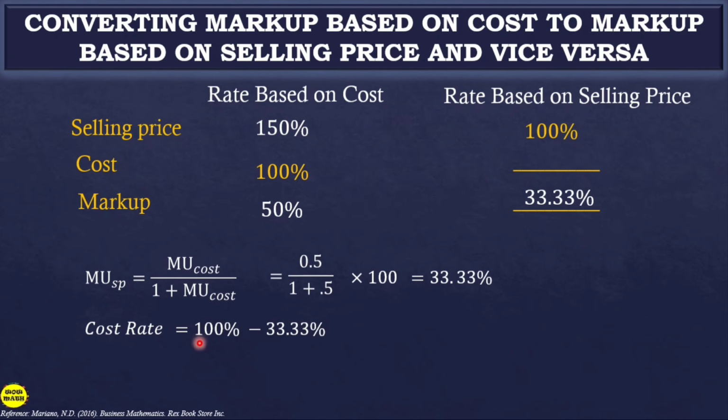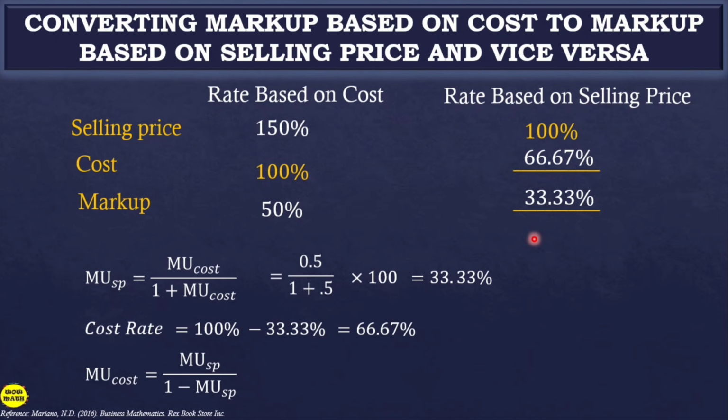So, i-minus lang natin. 100% minus 33.33%, the answer is 66.67%. Okay, paano naman kapag nandito yung given? So, sila yung given. Tapos, kukunin natin yung markup saka yung selling price. So, ganun lang din. Kapag kukunin natin yung markup based on cost, so 33.33, i-convert nyo yan into decimal, all over,